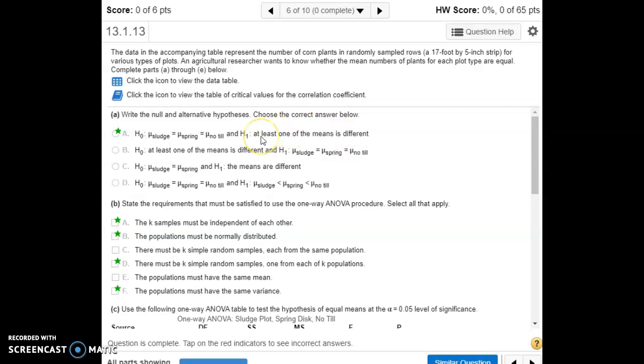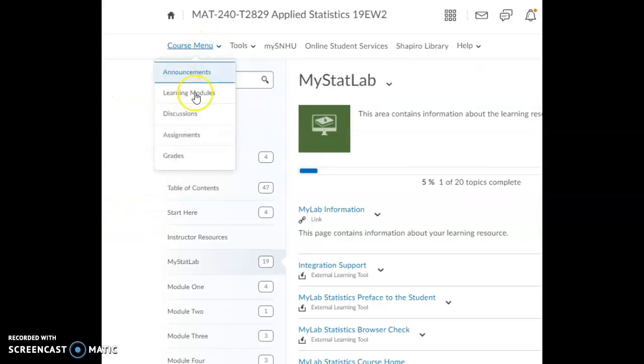And to do this hypothesis test, we're going to use a procedure called ANOVA, which stands for Analysis of Variation. And there's requirements that must be met before we can use ANOVA. And get into the ebook,